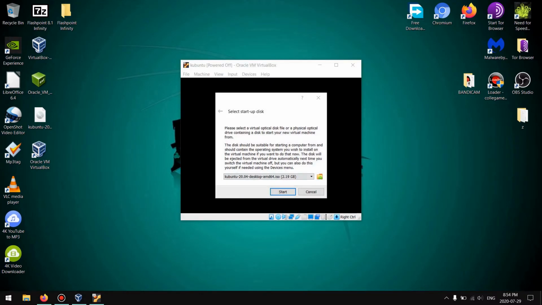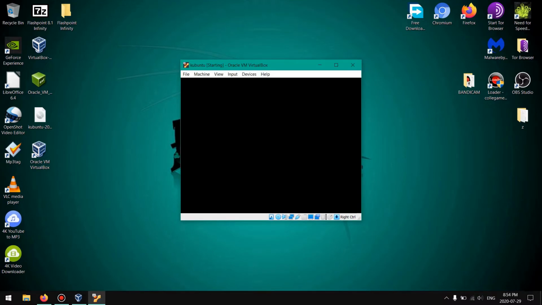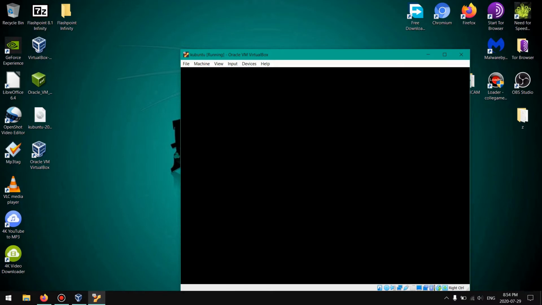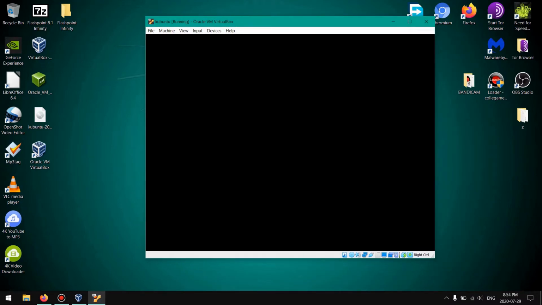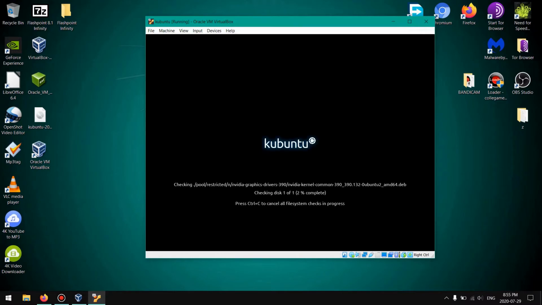It will start in another window, aside from the control center. If you press right Ctrl inside the virtual machine, the keyboard and mouse will be captured. In this way, you won't be able to go with the keyboard or the mouse outside of the virtual machine. But if you want to unlock, press right Ctrl another time.